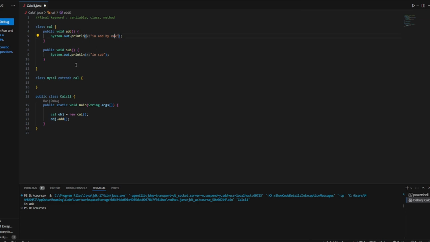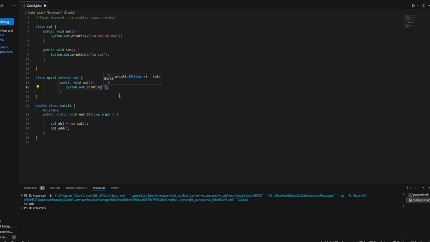So, in order to avoid that, what I'll be doing, I'll be creating my own add method so that it overrides it. So in this scenario, I can override.